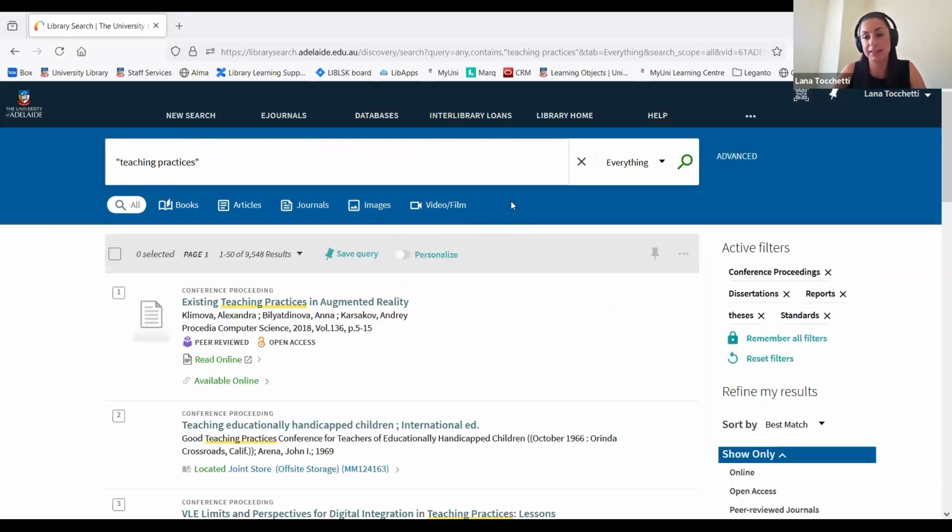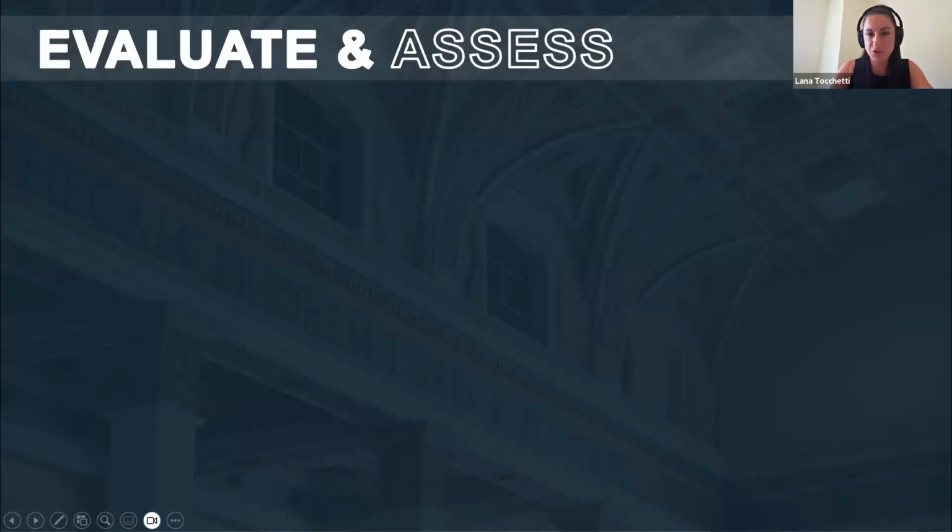library search. You will find that if you're doing a keyword search for your topic anyway, you will find both traditional and grey literature in the one space. Okay. Now, when it comes to evaluating your sources, which is something you should be doing anyway, regardless if you're looking at traditional literature or grey literature, even if it's peer reviewed, we always want to be critical of what